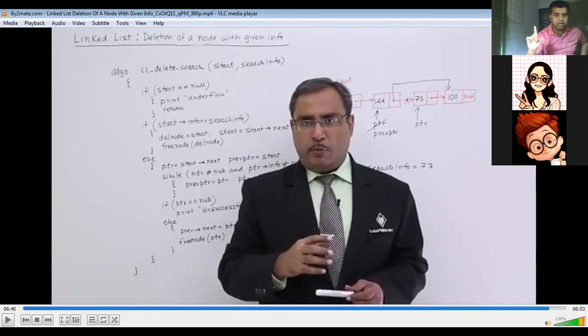Sorting cannot be performed, I repeat. Linked list is a distracted data structure, so sorting cannot be performed, but searching, different ways of searching, how to search, all these operations can be performed. So you need to practice that. I'll make a list of assignments so that you all can go through it.